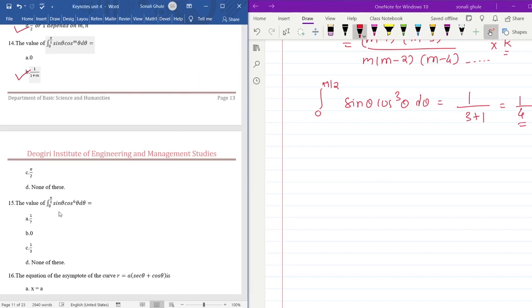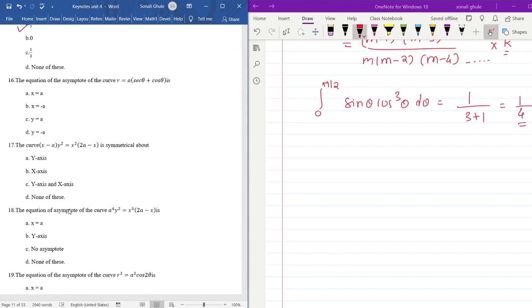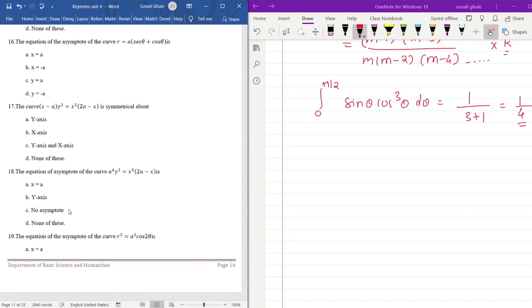Next. Here we have to use the same formula that we have seen above. Here we have to do 6 plus 1, so 1 upon 6 plus 1, that is 1 by 7. That is your option A. Before using the reduction formula, you must check the limits. Are they 0 to pi by 2? If it is not 0 to pi by 2, then you have to use some properties to convert it into 0 to pi by 2. Let's solve your next example.